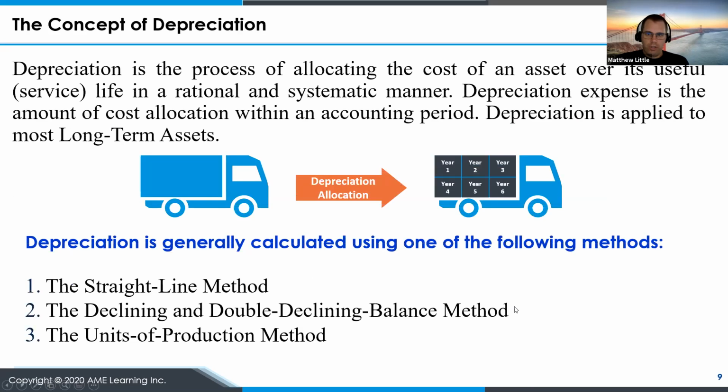So then we move on to depreciation, which you would have covered in Accounting 1100 initially. And just as a reminder, for those that may have been a while, it's about allocating the cost of the asset over its useful life. And there are typically 3 different methods to record depreciation. There's what we call the straight line method. So we know it's say 6 years, 10 years, whatever that is, and it's the same amount every year. There's declining and double declining balance, which are percentage based. And then there's the units of production method based on the total units expected to be produced by that piece of equipment.